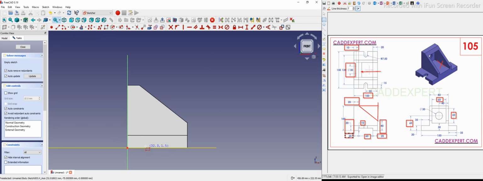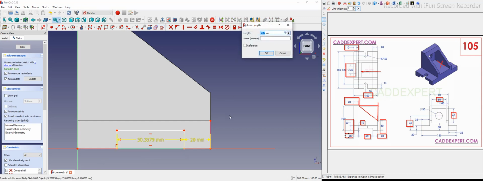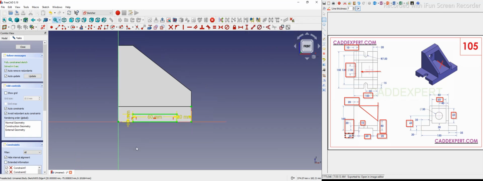So I will draw a rectangle, and I will project my edge, and I select this point and this point and give horizontal dimension of 20, and this slot width is 60, so I select this and give dimension 60, and height is 10, so I will select this line and select vertical and give 10, and I will move my dimension here, and I will close the sketch,